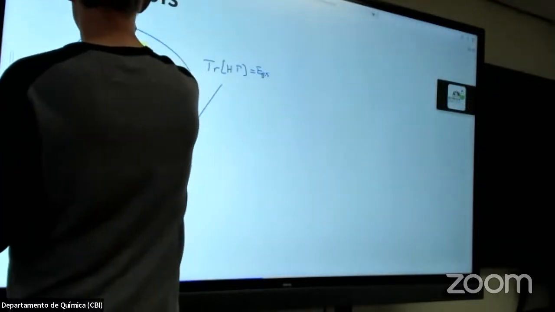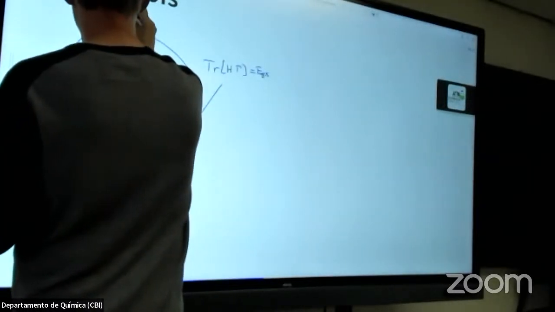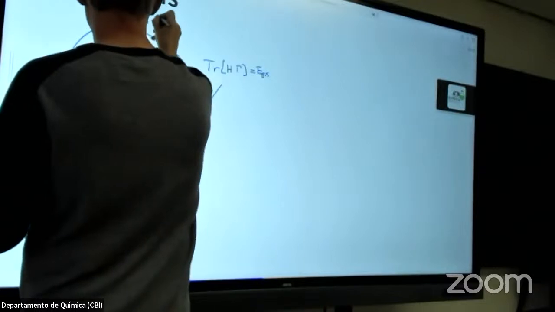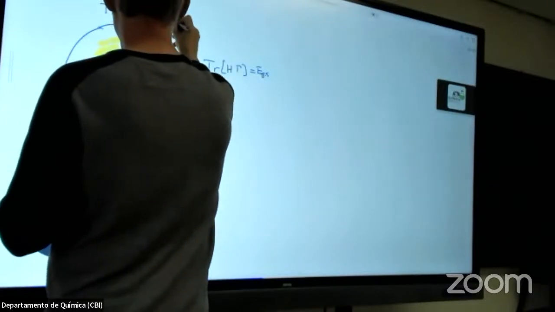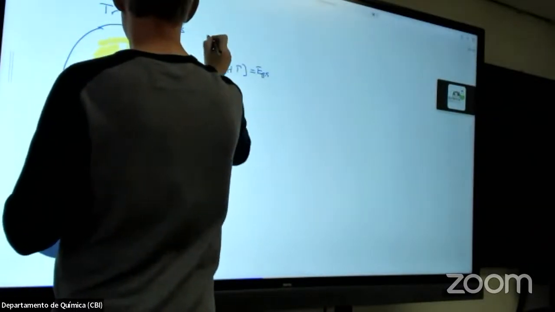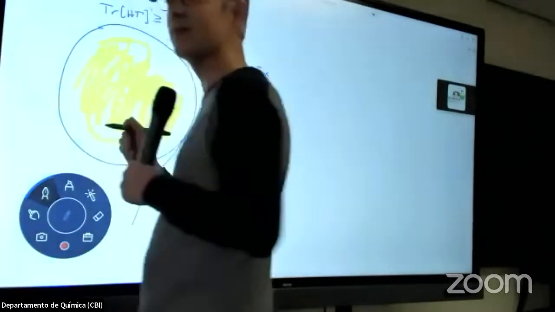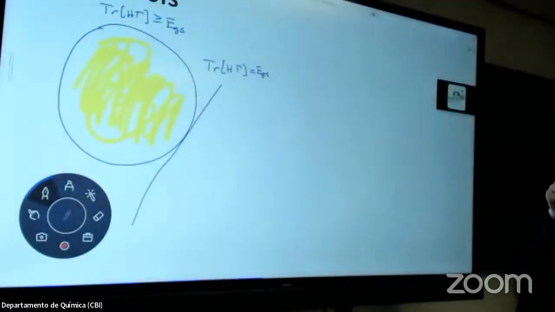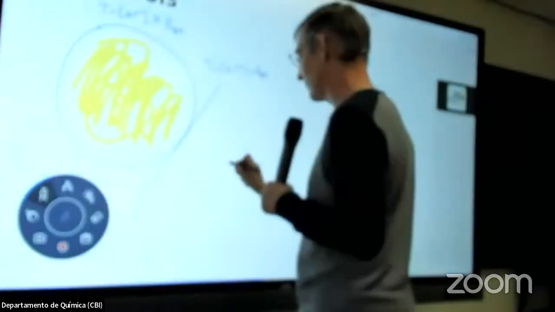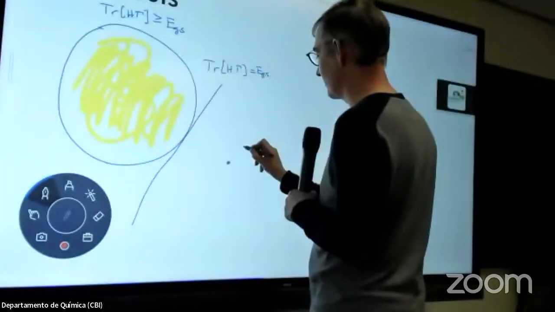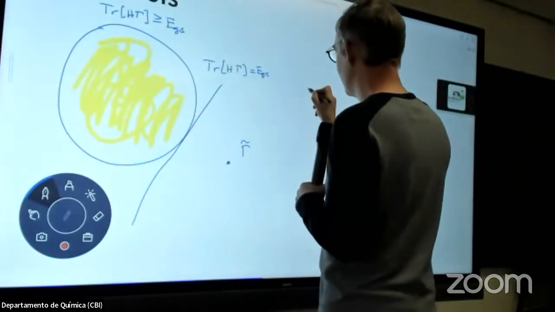All of these states satisfy trace of H gamma greater than or equal to E ground state. And then a point over here, gamma tilde,